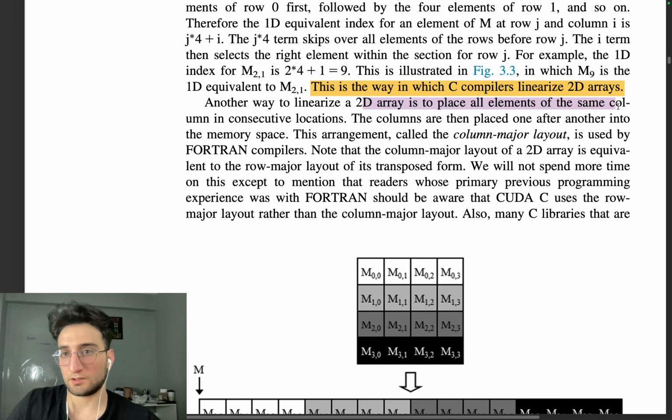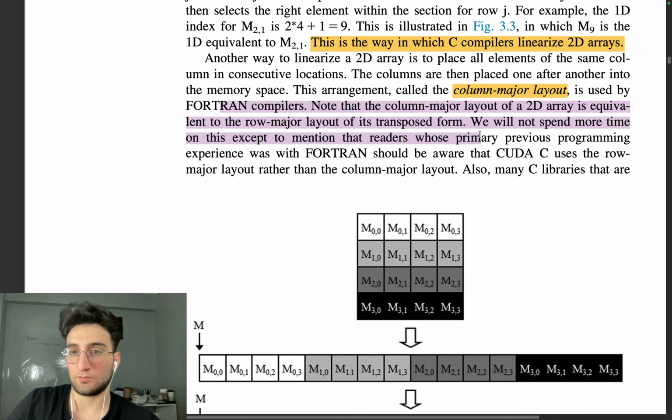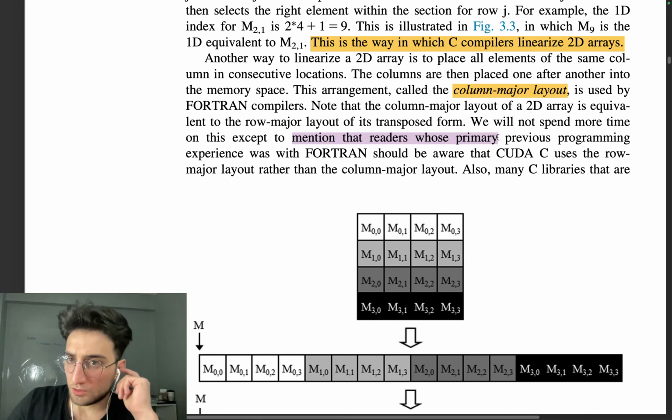Another way to linearize is to place all elements of the same column in consecutive locations. The columns are then placed one after another into the memory space. This arrangement, called the column major layout, is used by Fortran compilers. Note that the column major layout of a 2D array is equivalent to the row major layout of its transposed form. We will not spend more time on this except to mention that readers whose